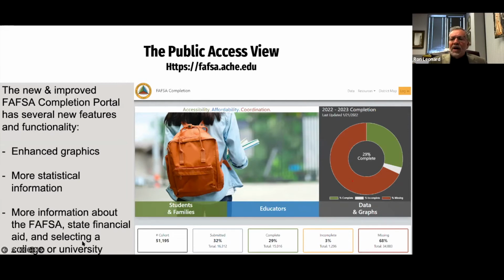You'll also find that we provided a link to a directory of the institutions of our public 2- and 4-year institutions, where students and their families, as well as even educators like you, can drill down and get specific information about the institution. So more and more information is being made available directly on the homepage.